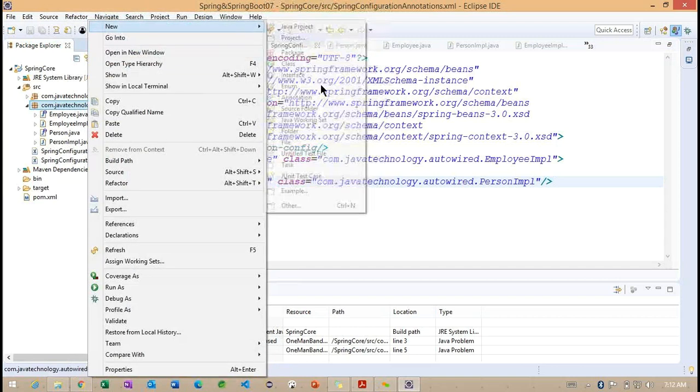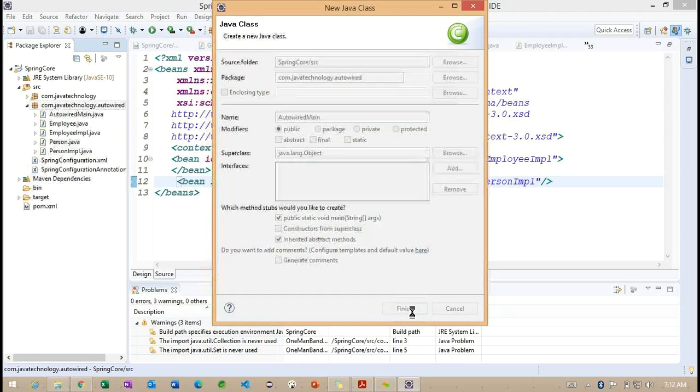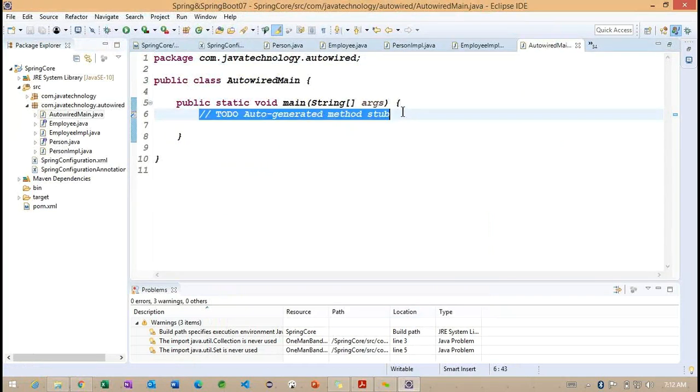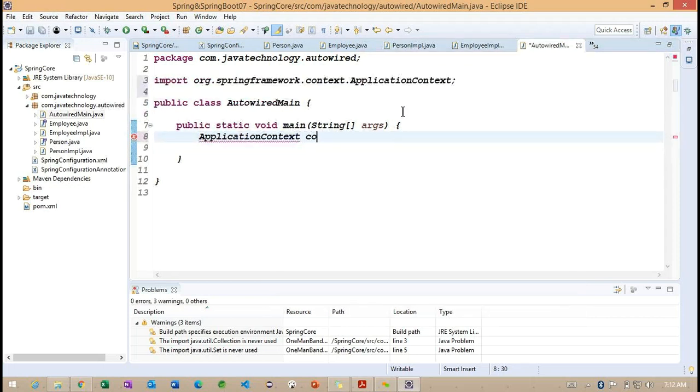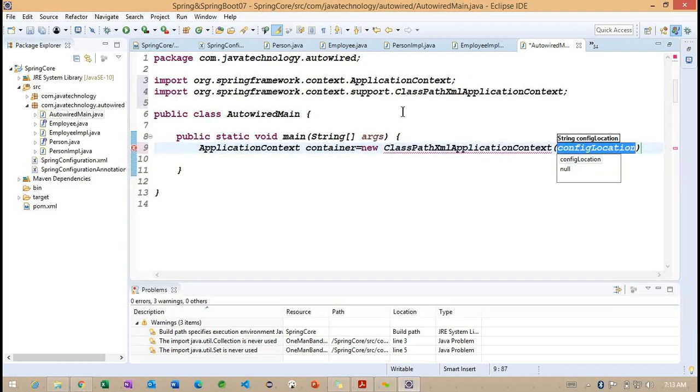Let me create a main class here. We can directly go for the ApplicationContext, and we identify the implementation class, ClassPathXmlApplicationContext, for the XML configuration file, and we need to specify the configuration file.